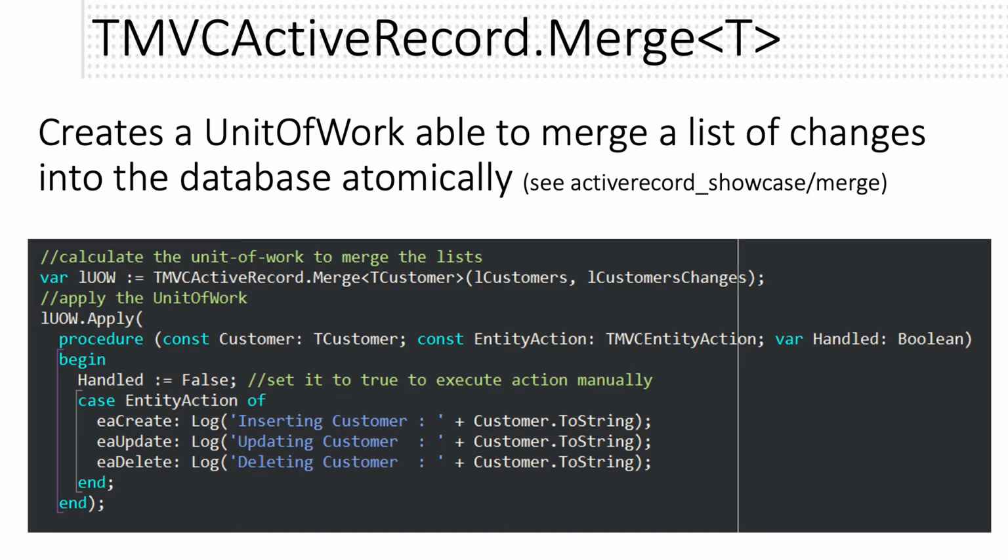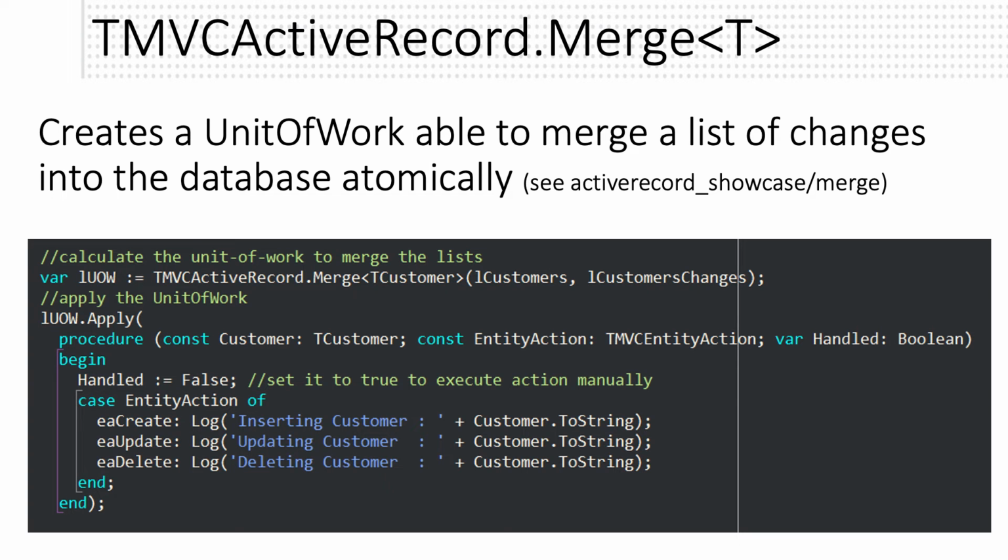You have to define which kind of class the lists are based on: customers, which is the current state, and customer changes. The output is an instance of unit of work. This unit of work knows what must be inserted, what must be updated, and what must be deleted.